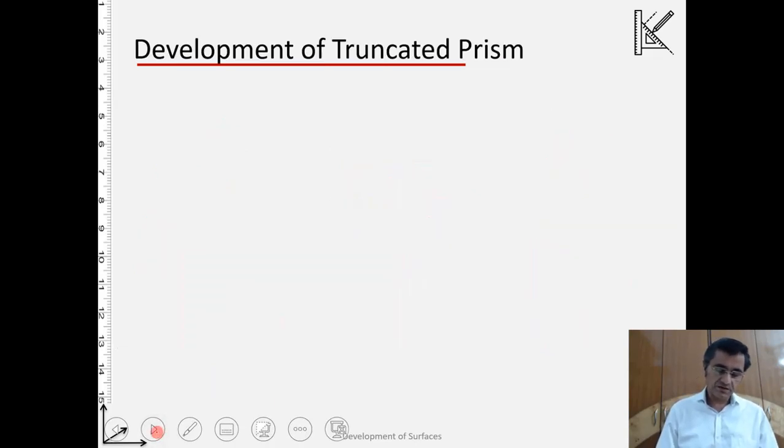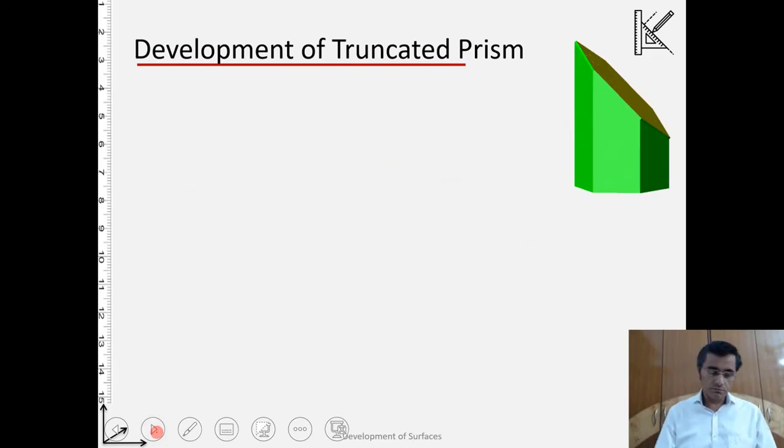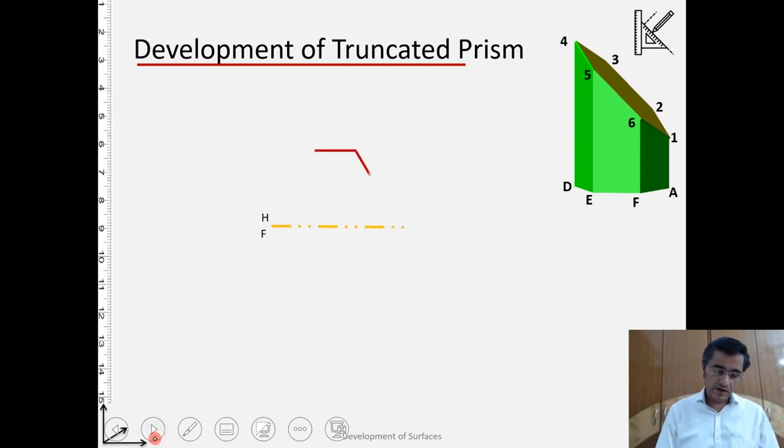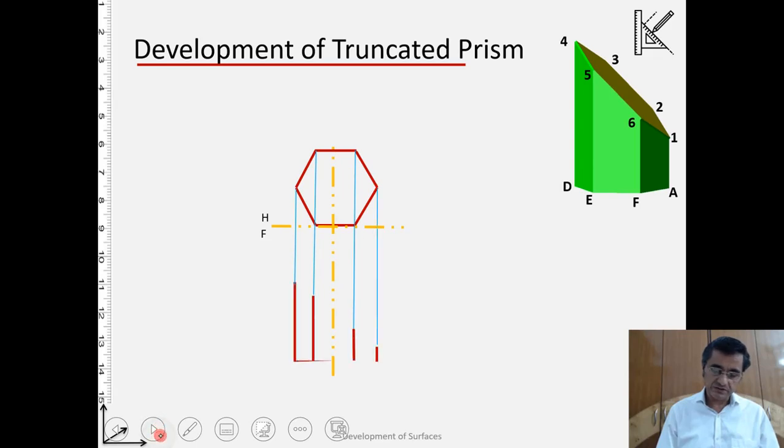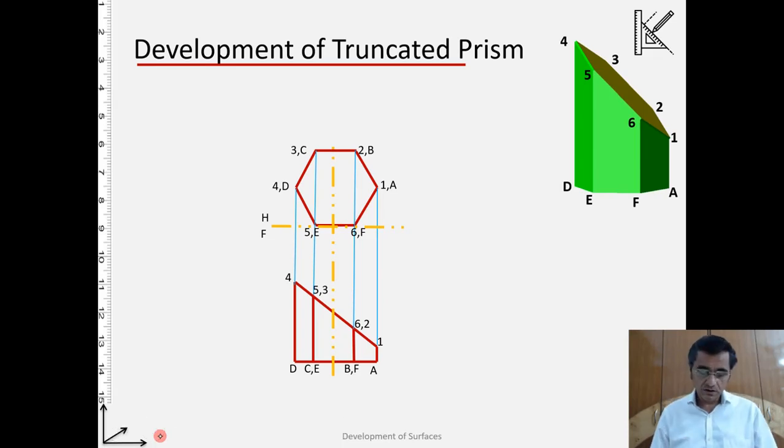and this is a case of a truncated prism. Now the 3D solid view of the prism is like this, and we can see its horizontal and frontal projections. Now it's quite easy, just get accustomed to these names that I have written, over here 1, 2, 3, 4. This is showing the names of the points on the truncated slope. So the base of the prism is A, B, C, D, E, F. That is how it is.